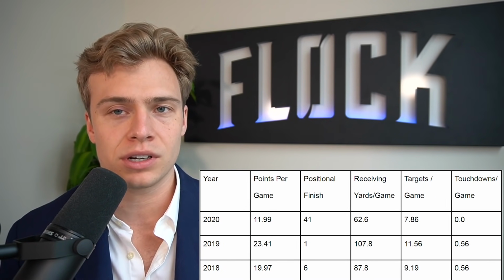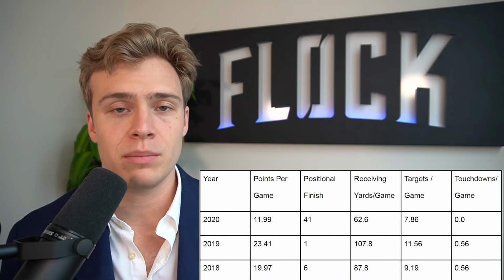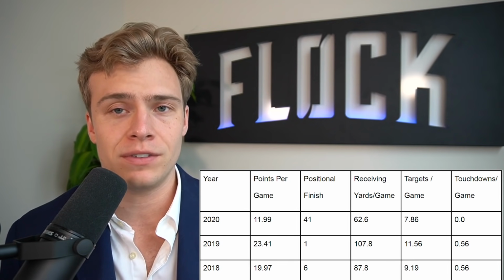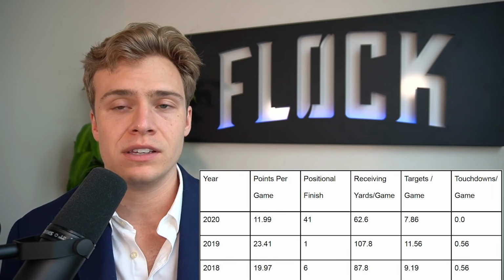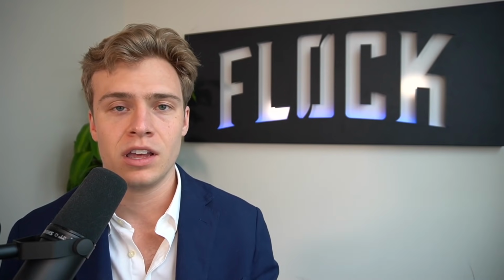He has almost 12 targets a game, 23 points per game, and he was by far and away the wide receiver 1 in fantasy. He almost averages 20 fantasy points a game in 2018 as well. But here with Thomas, I mean, he's not that same player. We don't even know if he's ever going to get back to that level. So if you're going to be missing an undisclosed amount of time, I am just trying to fade Michael Thomas